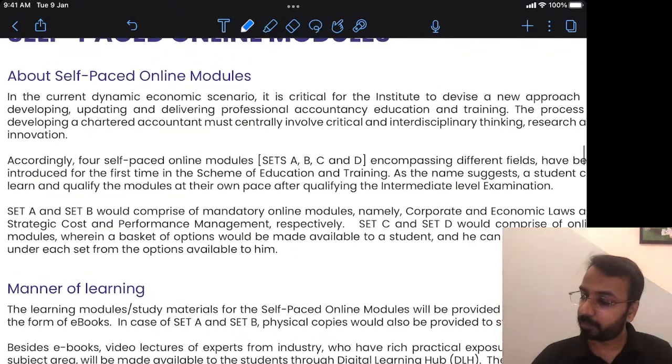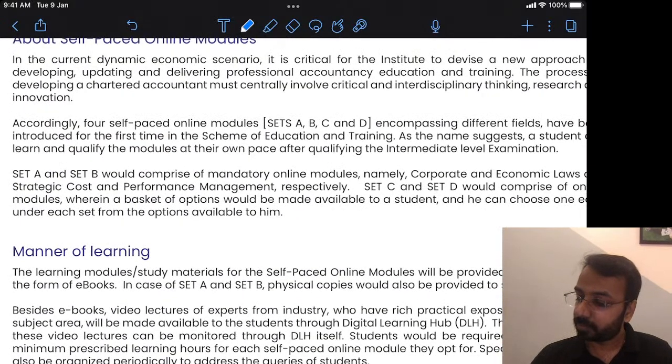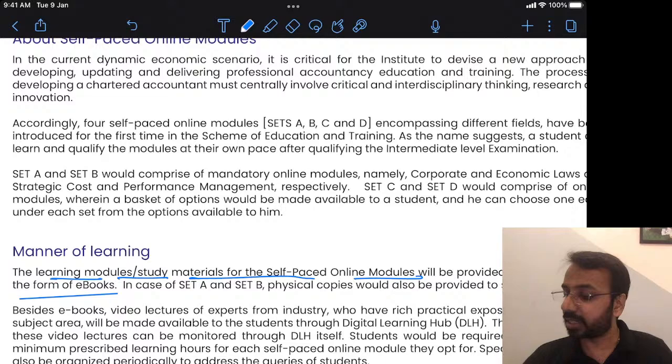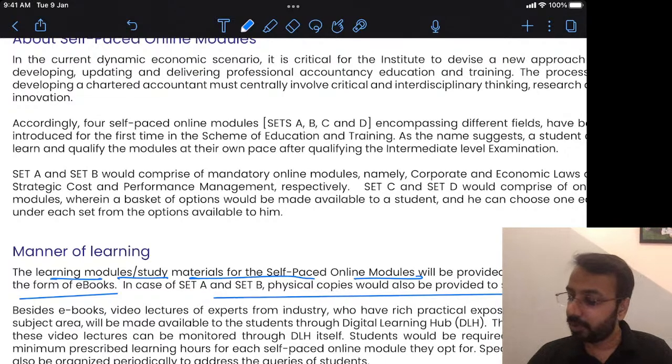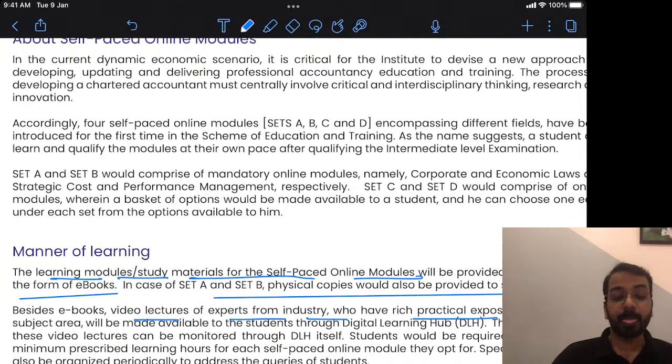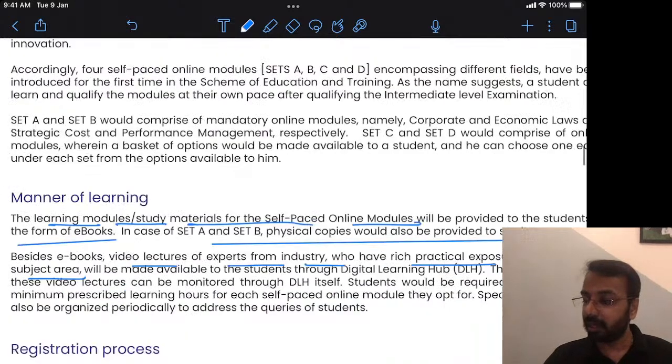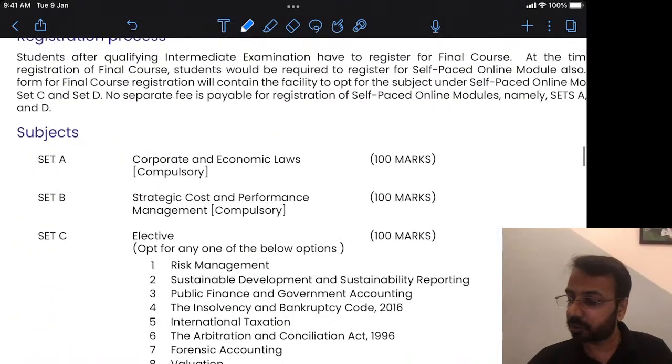Then self-paced online module. So learning modules of self-paced online modules will be provided in form of e-books. In case of set A and set B, physical copies will also be sent to the student. And then video lectures from experts from industry who have rich practical exposure will be provided. So basically they will give you the material and you have 100 marks each for all of these